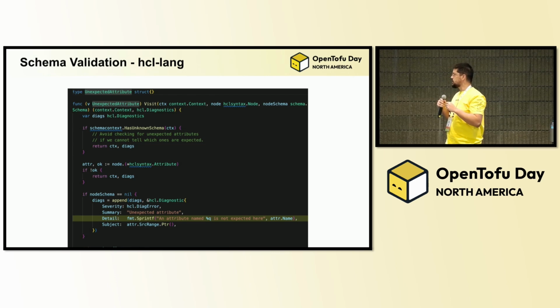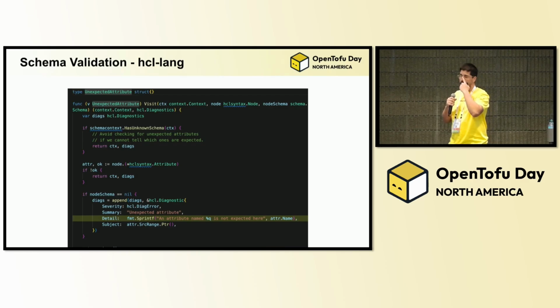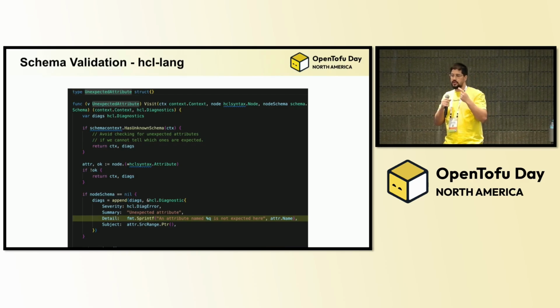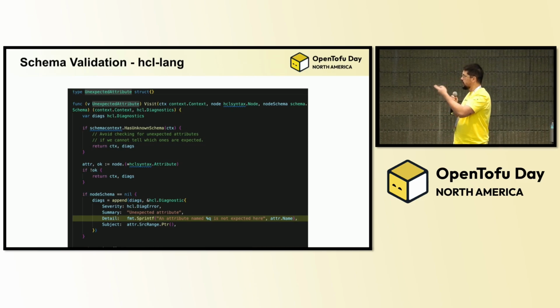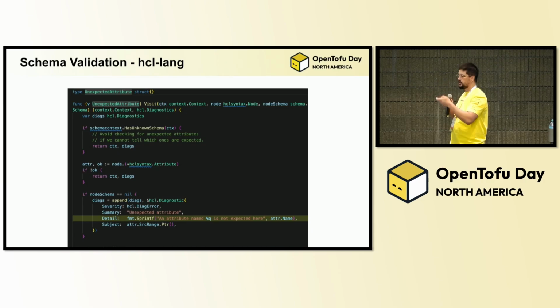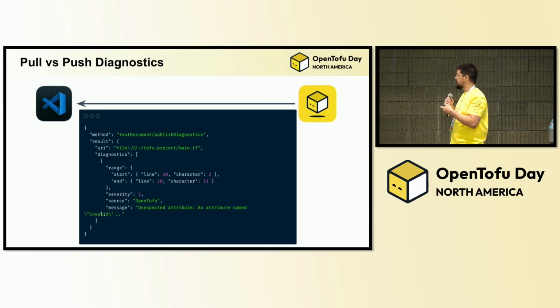So I'm going to append a diagnostic to what the program is doing. A diagnostic is something that OpenTofu uses for returning warnings and errors to the application, so you can see what's wrong with it. In this case, we would be adding an error to the diagnostics and returning that to the user. So after we have this information,